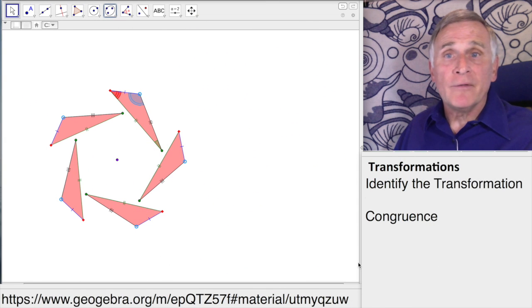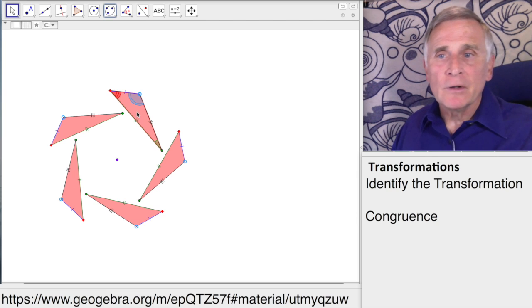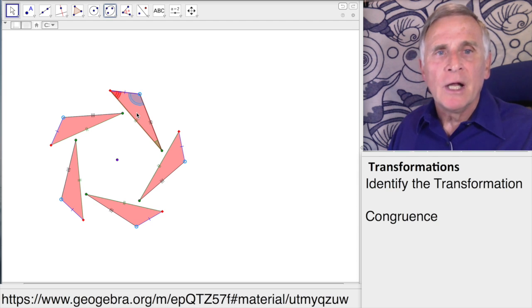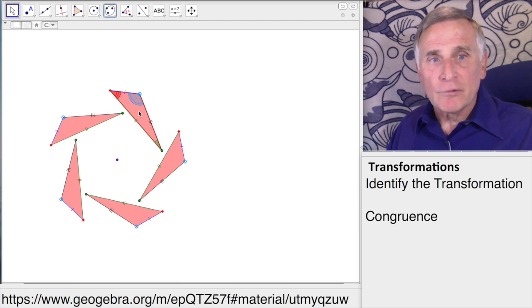Okay, here we have GeoGebra, and I created the triangle here that is marked with the angles as well as the sides. And then I took 360, divided it by 5, 360 degrees in a full circle. I divided it by 5 and got 72. So I rotated the original down to this one,